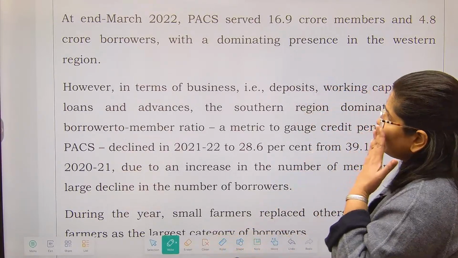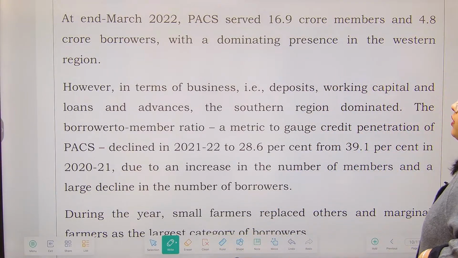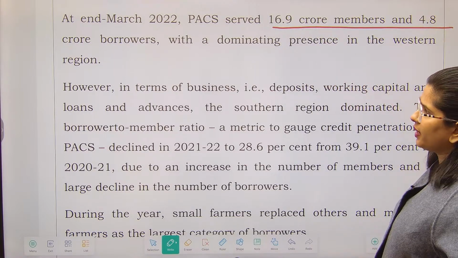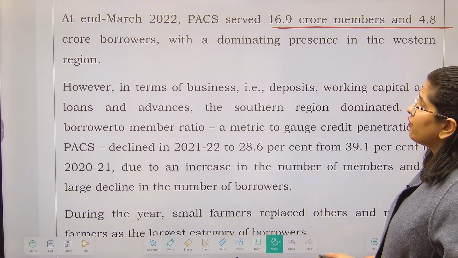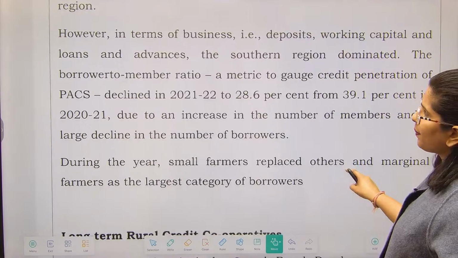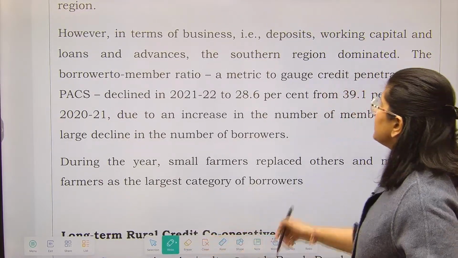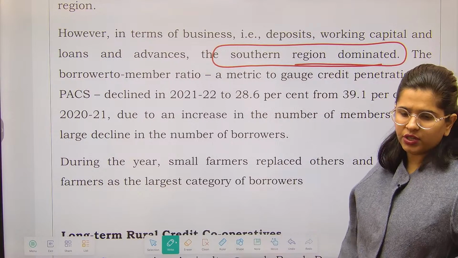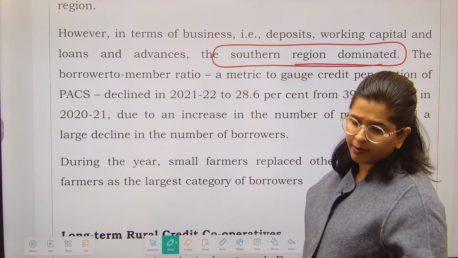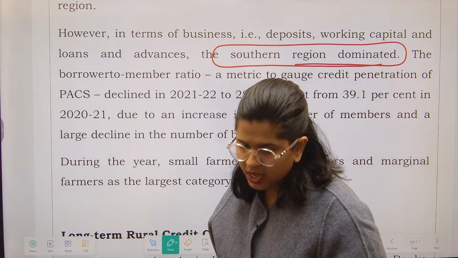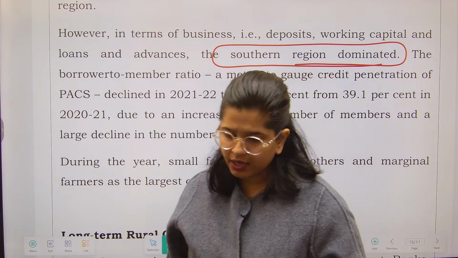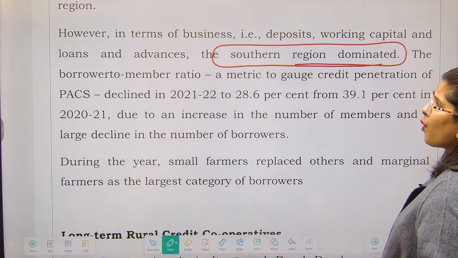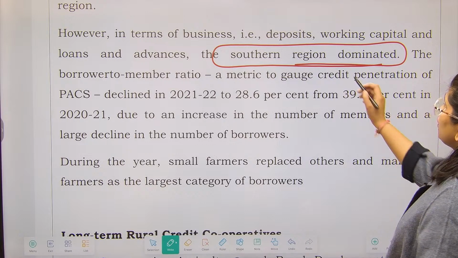Then, a few pieces of information: at the end of March 2022, they have served some 16.9 crore members and 4.8 crore borrowers. In terms of business, deposits, working capital, loans and advances, the southern region has dominated, right? So the southern region is dominating when we are talking about the cooperative structure. कभी भी cooperative structure के बारे में अगर हम बात करेंगे तो,